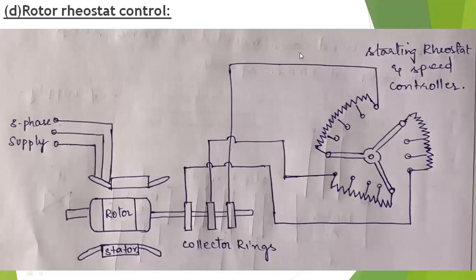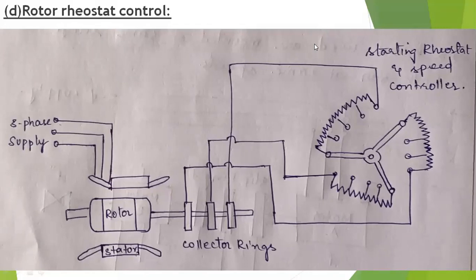So now we are dealing with the speed control techniques in induction motors. One of the speed control techniques is from the rotor side. Until now we have discussed the speed control techniques on the stator side. Mainly there are 3 types in the rotor and 3 types in the stator. Already we have discussed the 3 types in the stator. Now we are going to discuss the rotor side. From the rotor side, we have mainly 3.